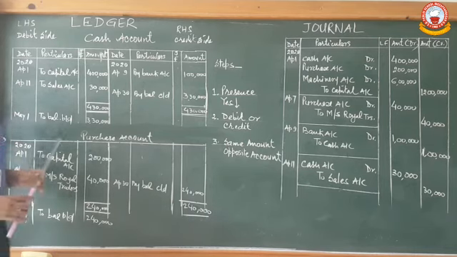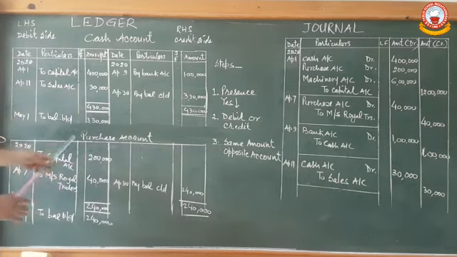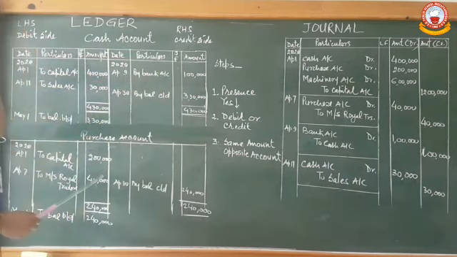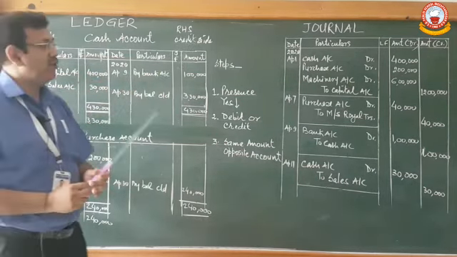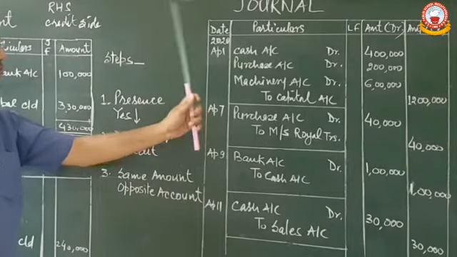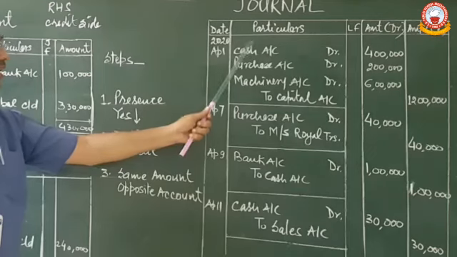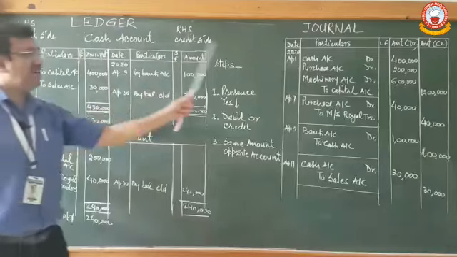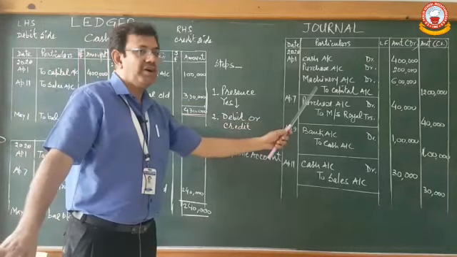And this is the format, debit side and credit side. And once again you will note down that for the particular ledger we are preparing, we have to find in the journal entry whether it is debit or credit. If it is debited, then we have to record it on the debit side. If it is credited, we have to record it on the credit side.